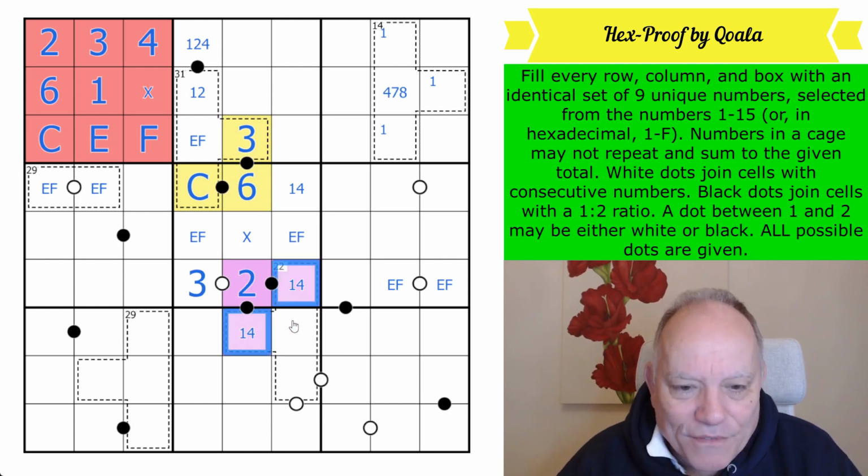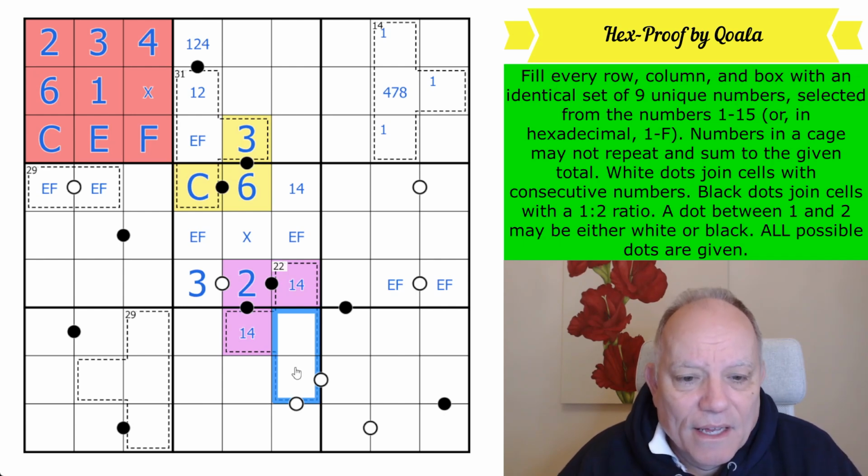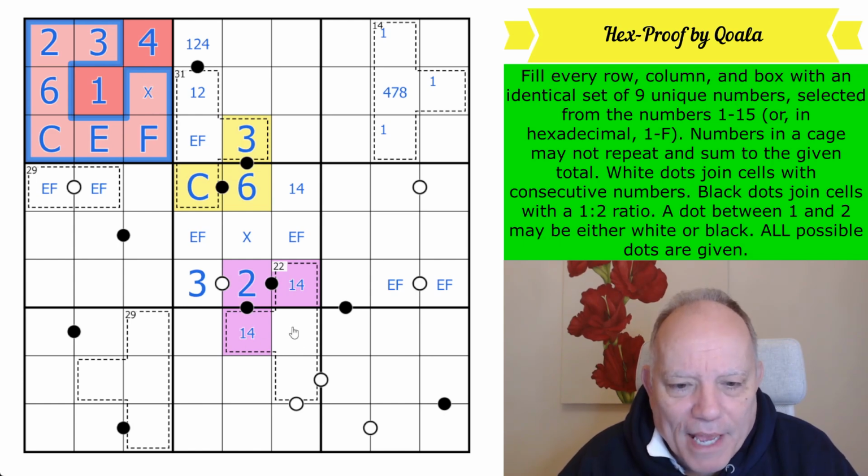Anyway, these add up to 5, and now these must add up to 17 using our set of digits and not 1 or 4. 17. We can't use 9 and 8, not only because they would both be X, but because they'd have a dot. So we've got to use a digit that is bigger than 9. We can't use 10 and 7. They'd both be X. We could use 11 and 6. But...